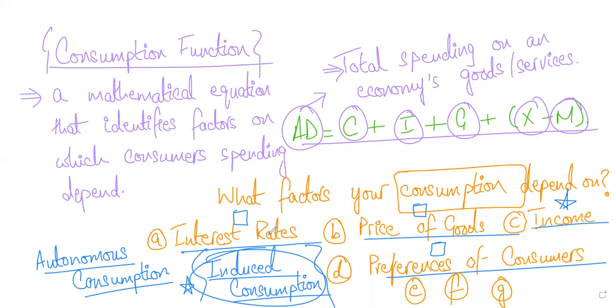यहां तक बात समझ में आ रही है? इसको आप induced consumption कहेंगे या autonomous consumption कहेंगे? What would you call that? You'll call that autonomous, right? Exactly. You're getting it right. क्यों? क्योंकि that factor wasn't obviously based on incomes, that was based on something else. All the things, all the factors.